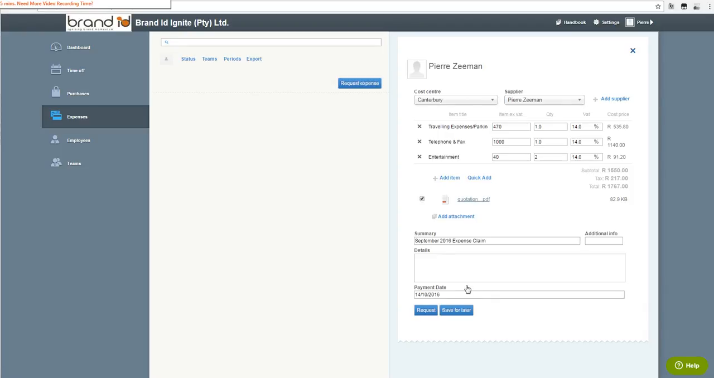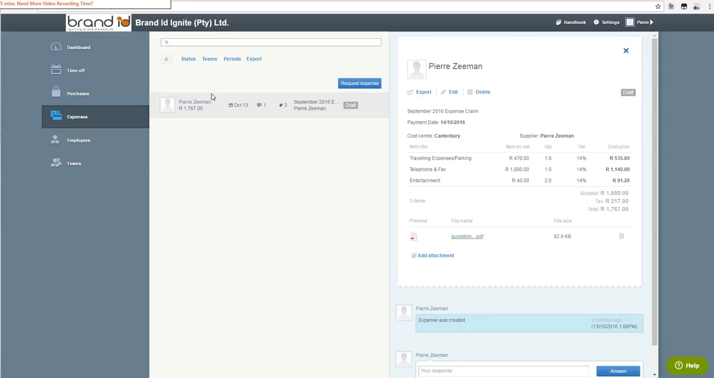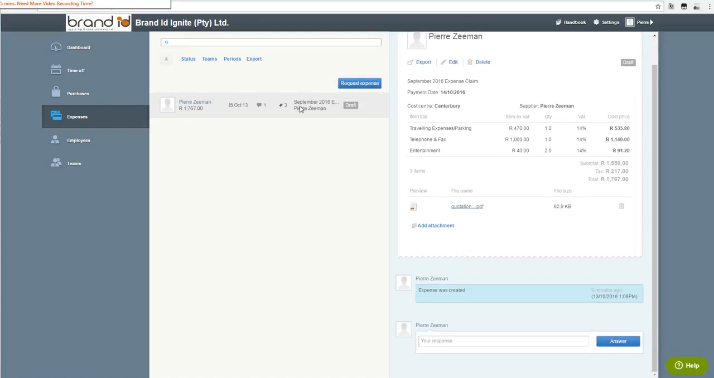Right, so then you're ready to submit your expense claim. Either you can submit it directly or you can save it for later in case you maybe misplaced a slip and you need to add it. You can save it for later. It'll save it as a draft. You'll see it pops up as a draft here, and it'll still be there when you get back if you want to add that slip. Once you're happy with the expense claim, you can just click